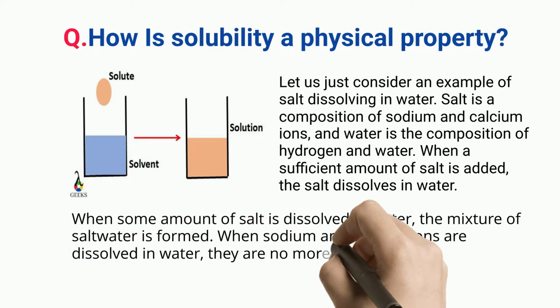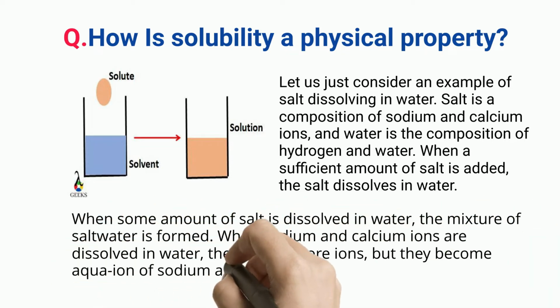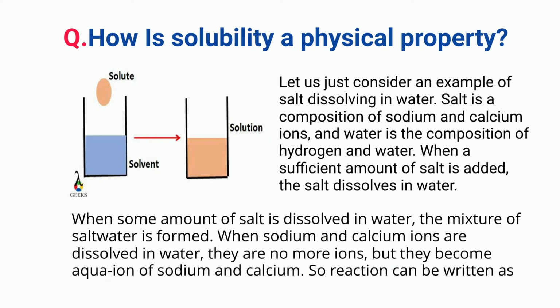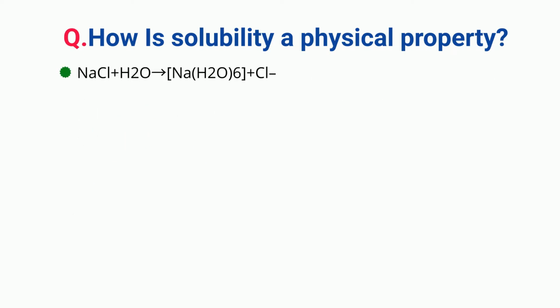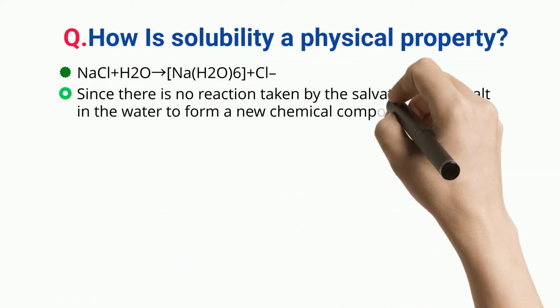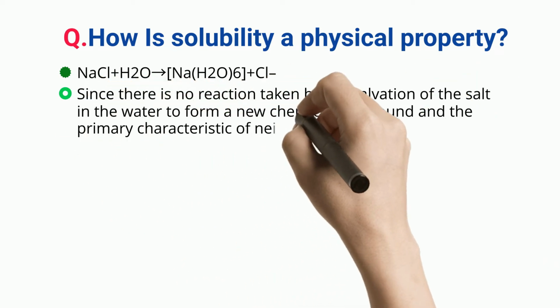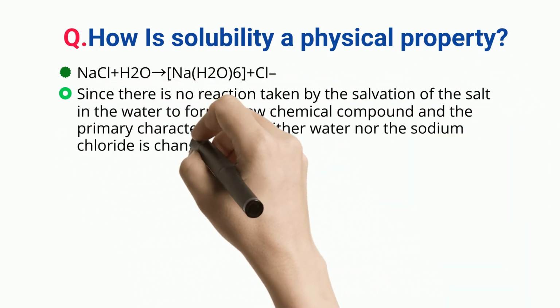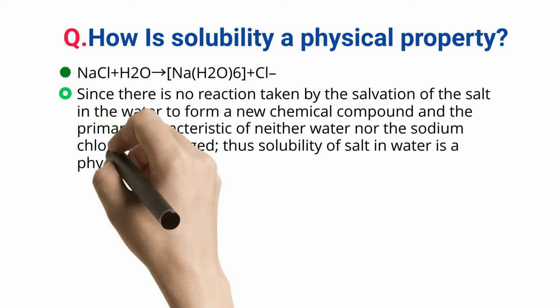When sodium and chloride ions are dissolved in water, they are no more ions but become aqua ions of sodium and chloride. So the reaction can be written as NaCl plus H2O gives Na(H2O)6 plus Cl. Since there is no reaction taking place by the solvation of the salt in water to form a new chemical compound, and the primary characteristic of neither water nor sodium chloride is changed, the solubility of salt in water